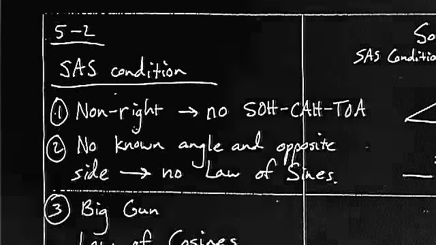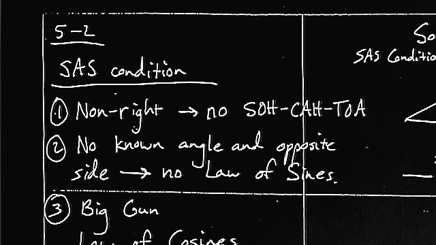Okay, folks, we talked about the side angle side condition briefly in class today. This is one of the situations where we're going to be using the law of cosines. Remember, whenever you're looking at a triangle situation, the first question I ask myself is, is it a right triangle? Well, the answer to this situation is no, it's not going to be a right triangle,